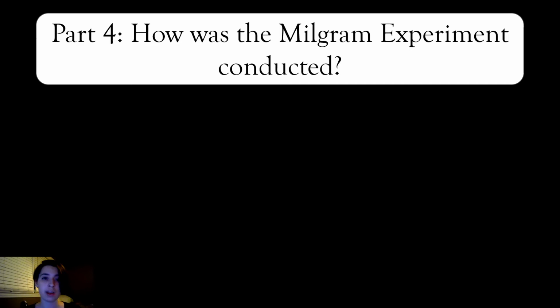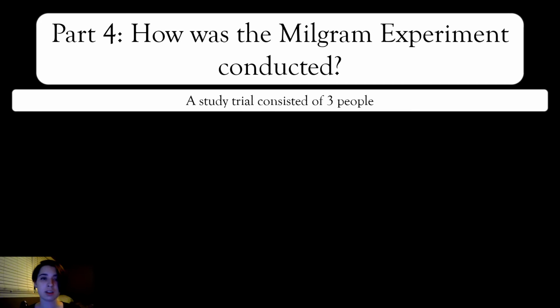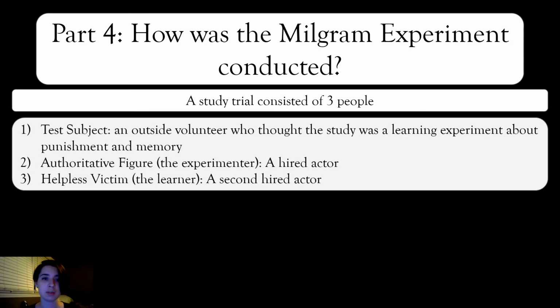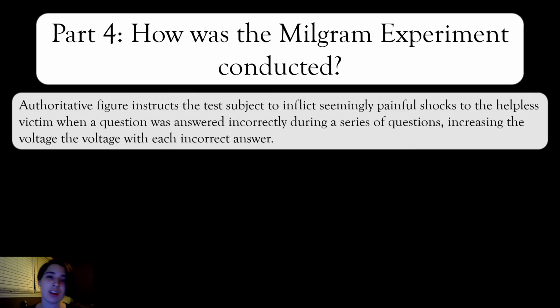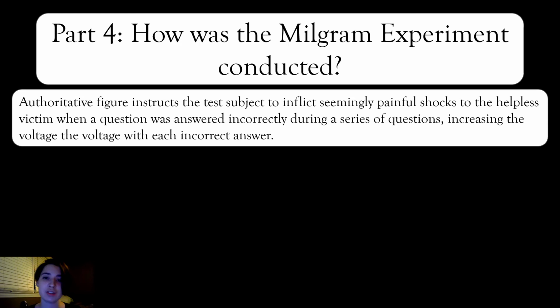Part 4. How was the Milgram experiment conducted? A single trial consisted of 3 people: a test subject, an outside volunteer who thought the study was a learning experiment about punishment and memory; an authoritative figure, the experimenter, a hired actor; and a helpless victim, the learner, another hired actor. In this trial, the authoritative figure instructed the test subject to inflict seemingly painful shocks to the helpless